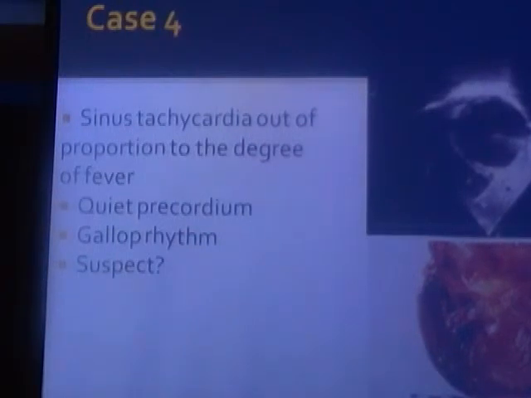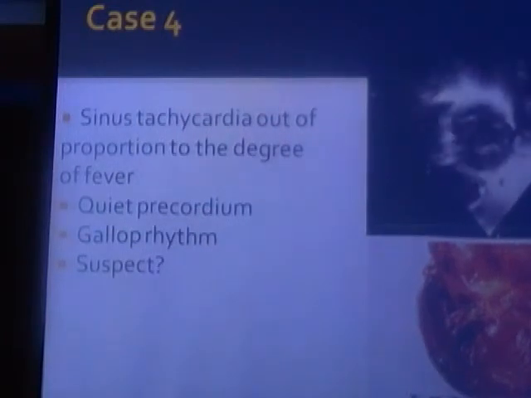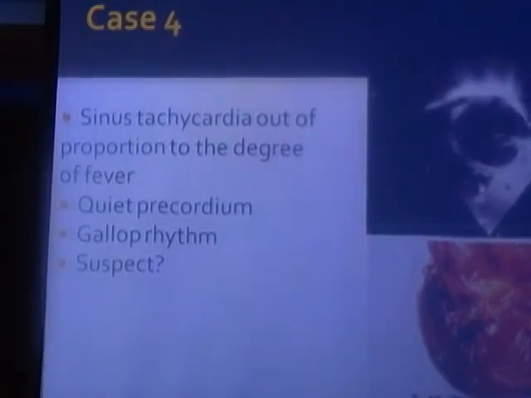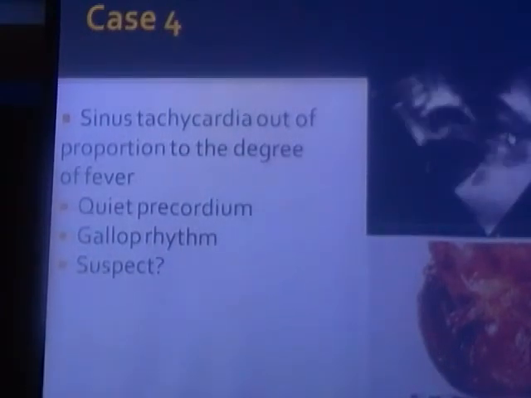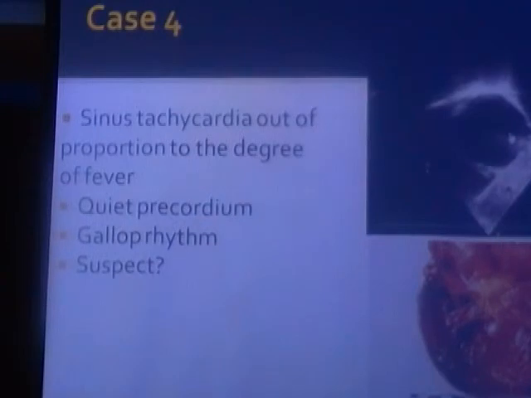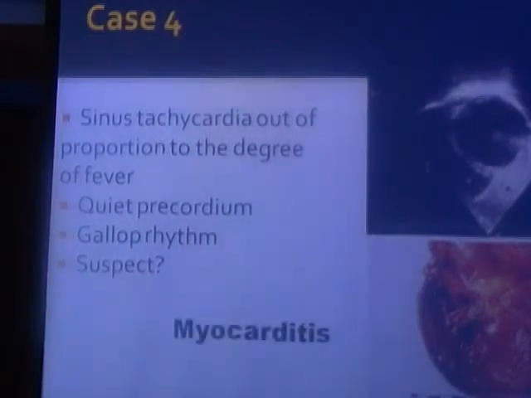One thing to suspect is myocarditis, because that's something that can be very non-specific, can present with vomiting, can present with this kind of sinus tachycardia, nothing much else. So the way to diagnose it is a quick echo, looking for the ventricular function. If you see here, this is the LV, not pumping very well. You can look at your ECG, but really just a quick echo. If the echo is normal, that would typically rule out myocarditis. If LV function was reduced, that would go along with myocarditis, and then we would treat it accordingly.